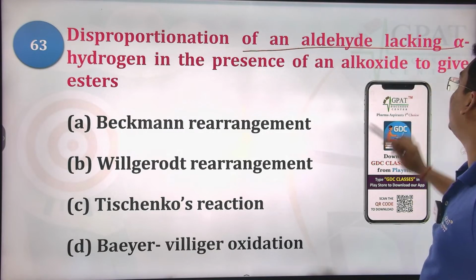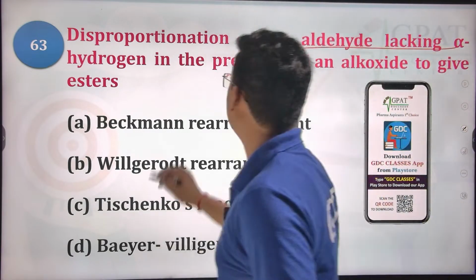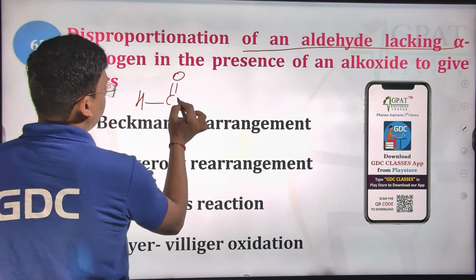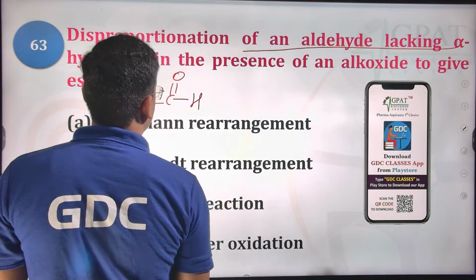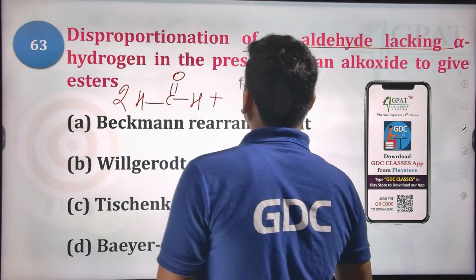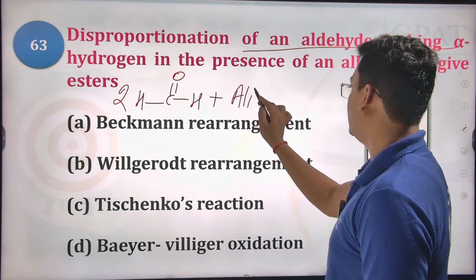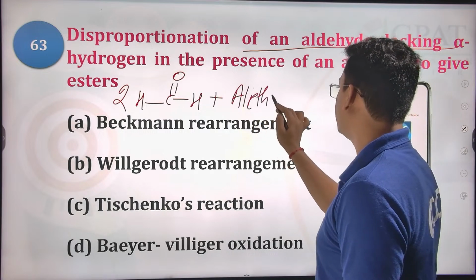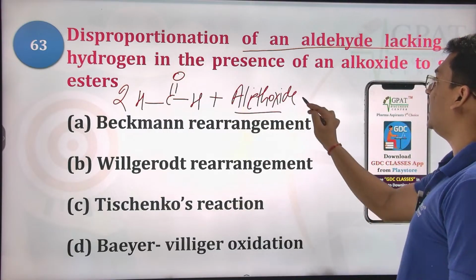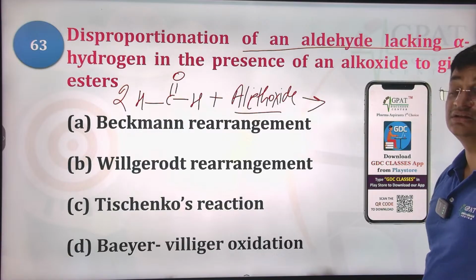Disproportionation of an aldehyde lacking alpha hydrogen in the presence of an alkoxide to give esters. So we have an aldehyde that does not have any kind of alpha hydrogen. Let's suppose we have HCHO. Two moles of HCHO get reacted in the presence of aluminum ethoxide, and get converted into an ester. This reaction is known as